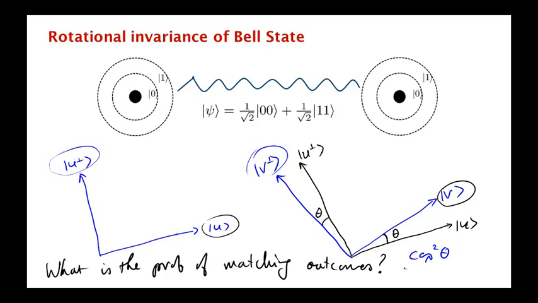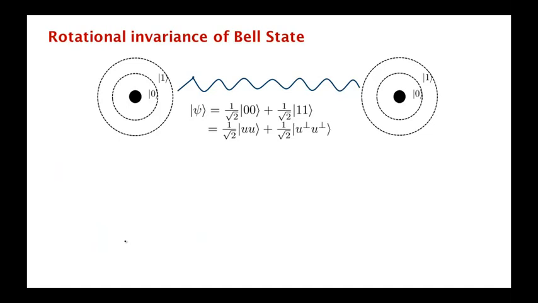So the answer is, if we measure the two qubits in bases which make an angle of theta with each other, the chance that we get matching outcomes is exactly cosine squared theta. Okay, so how do we prove this? Well, the way you prove this is by saying